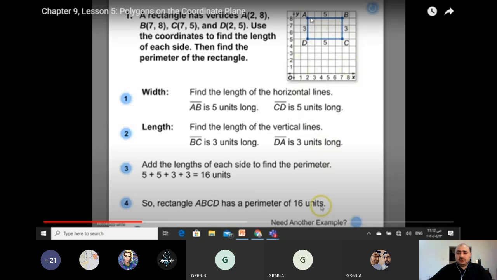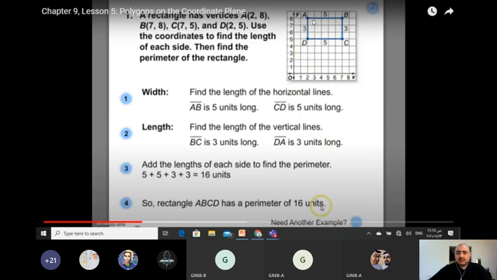Then match between the points. Draw a line from A to B, then from B to C, then from C to D, then from D to A. We'll find the polygon here, a rectangle. As you see here, how to find the length? Count the units inside